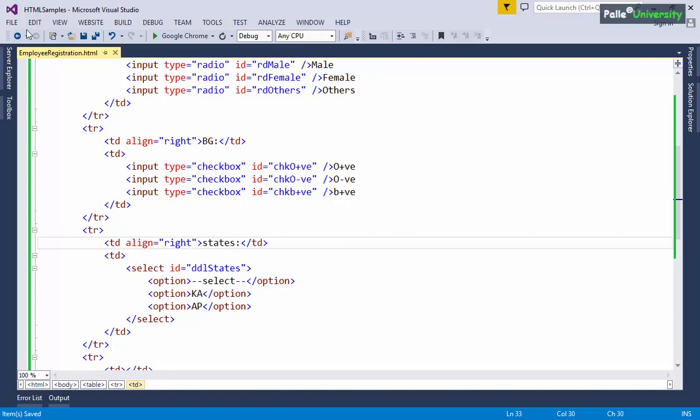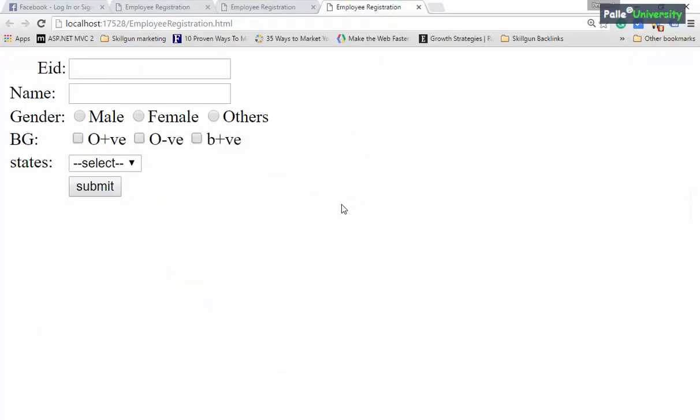Now let me save the file. I saved the file. Now let me refresh this page by clicking on F5. You observe, I refreshed. Now you can observe the user interface in proper format. So I believe you understood. This is how we will be aligning the user interface in the proper format, right? So it is recommended to use the HTML tables approach for displaying the user interface in the proper format, or for aligning the user interface.